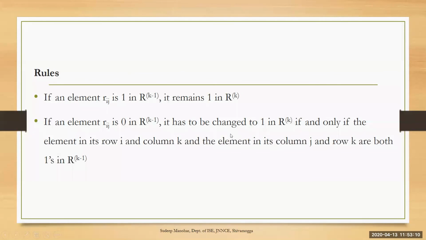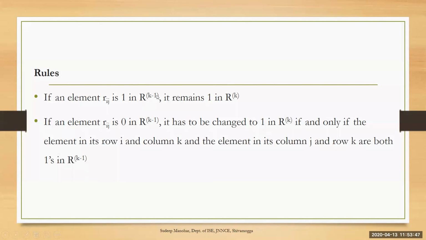So there are some rules. We have to understand these rules first. Okay. In this, there are various stages of calculations we are performing, and each matrix of each stage is numbered starting from R0. R is the name given for the matrix. So R0, starting from R0 till Rk minus 1.